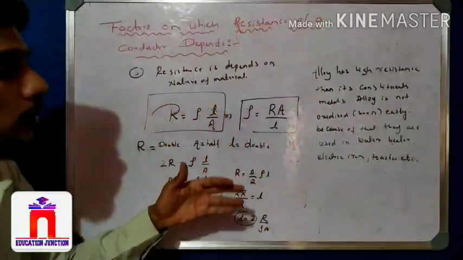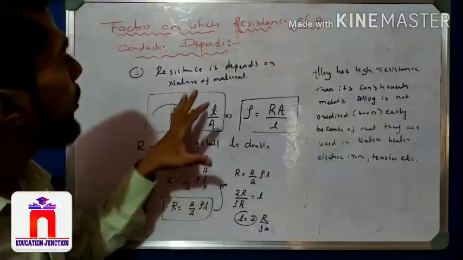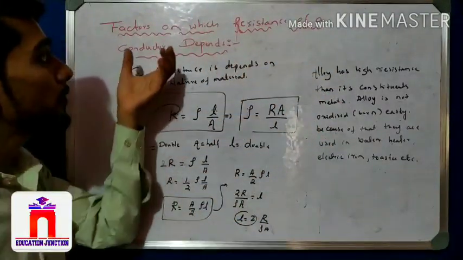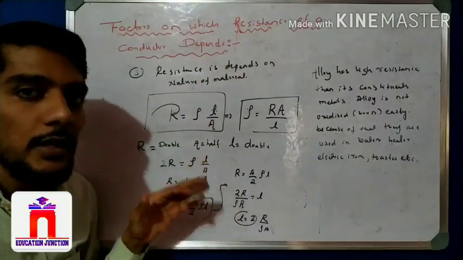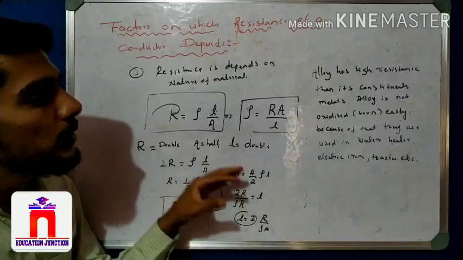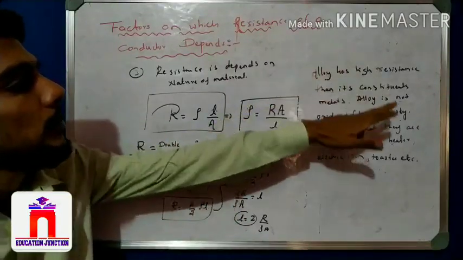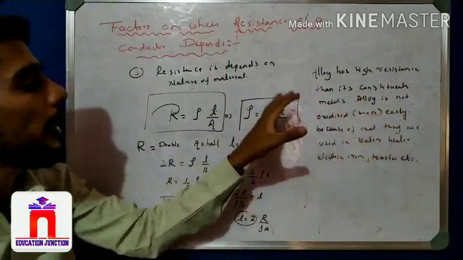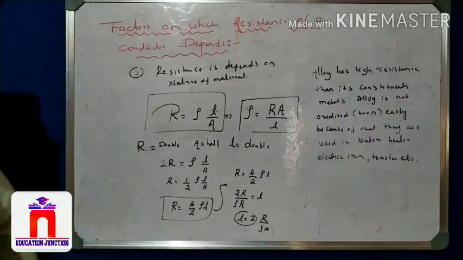Okay, so these are very important points you have to remember about alloys, and these are important points about the factors on which the resistance of a conductor depends. Hope you understand this concept, right? So please note down these important points about resistance. Write down this point and also this information, then come to the next concept. First write down this one.